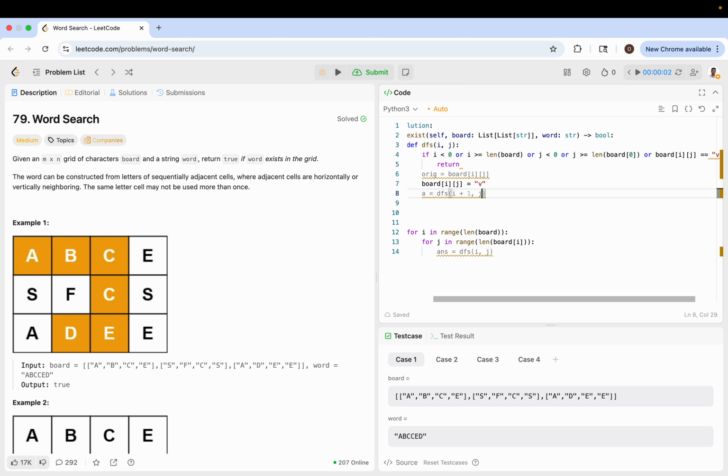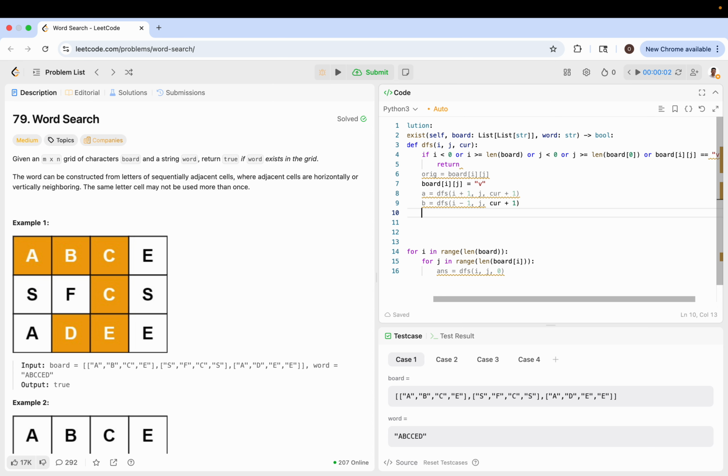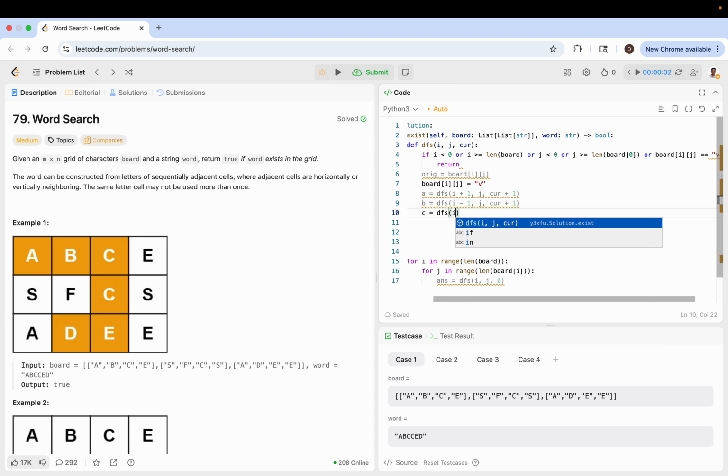This is going down, and cur plus 1. So we're going to actually include an index called cur, because cur is going to say, hey, how much progress have we made in the whole word? If we reach that length of the word, then we know we've matched every single cell, because we only move on to the next letter to the right if we've matched the current letter, if we found the current letter already, right? So okay, let's try up, and we're always cur plus 1 because this implies that we found the current letter we're looking for and we're ready to move to the right with this recursive call as we come back here. And then c is to the right,